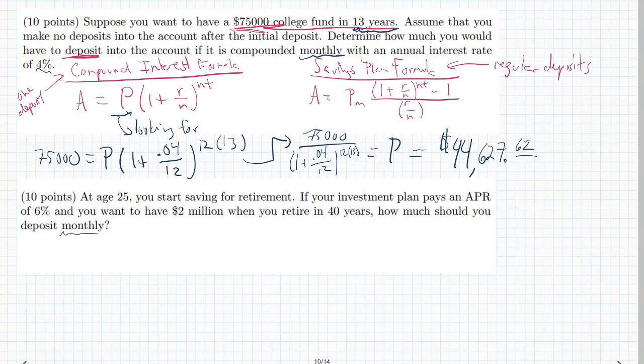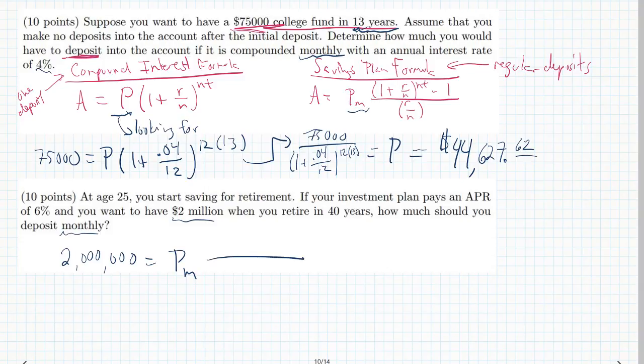Okay, so notice we're making regular deposits, right? So we're talking a savings plan formula, and we actually are looking for the PM in this case. Not saying it'll always be this way. Sometimes you'll be looking for the final amount, but in this case, we have the A. It equals 2 million. So 2 million equals PM